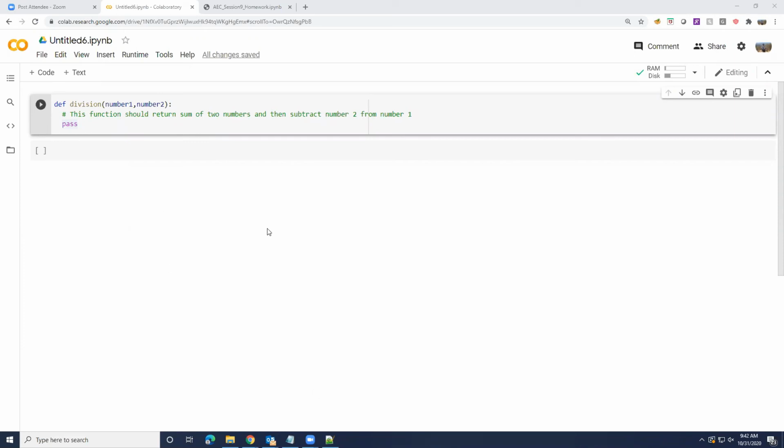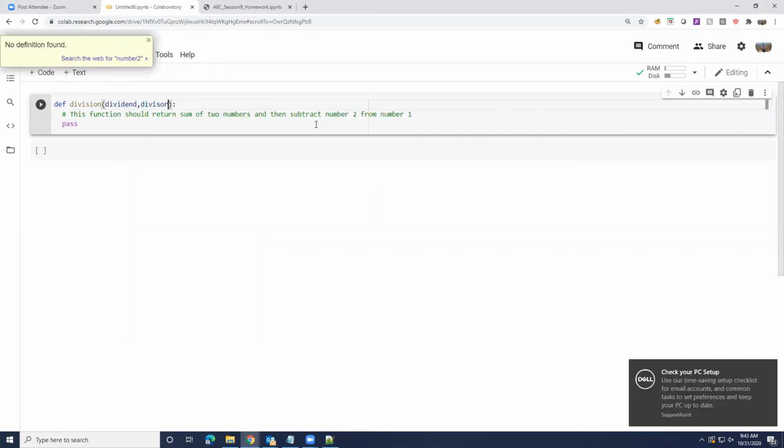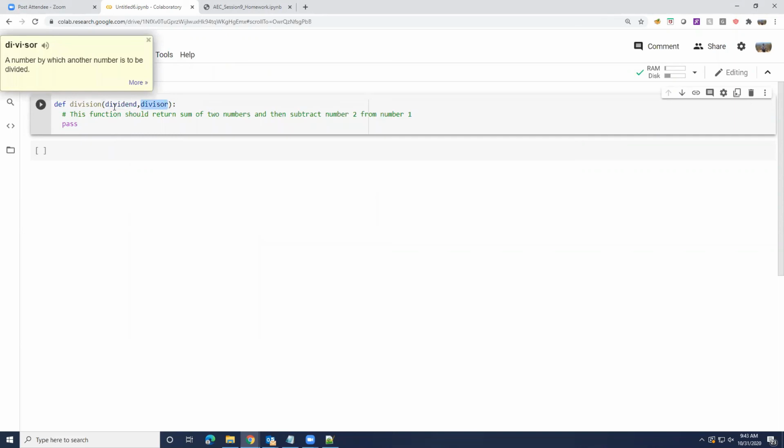Okay, so dividend and divisor. Now obviously this function takes two input arguments and their positions are very important. What you pass in the first position should be the dividend, and what you pass in the second position should be the divisor.